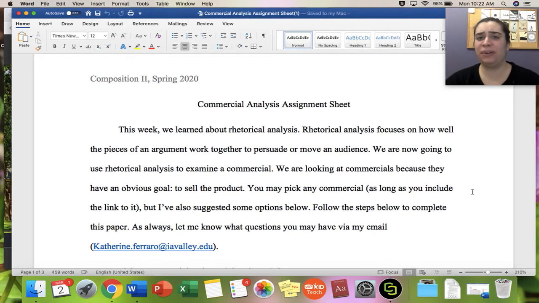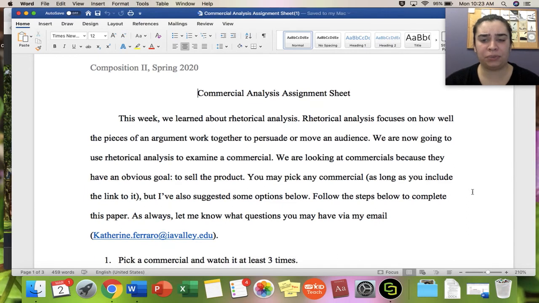This is a difficult skill and it's something you'll keep coming back to. So, we are going to focus on how well the pieces of an argument all fit together. Right? Is it well made? Are there issues? Are certain biases present? Are they only talking to certain sections of the audience and ignoring others? These are the types of questions you have to consider.